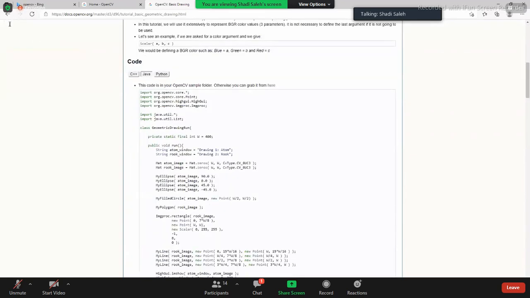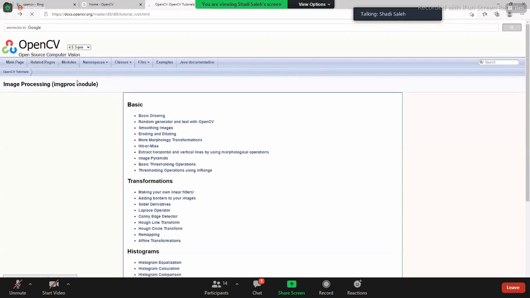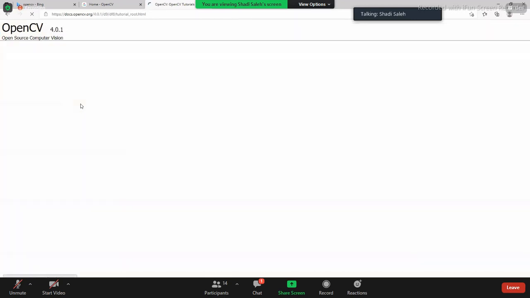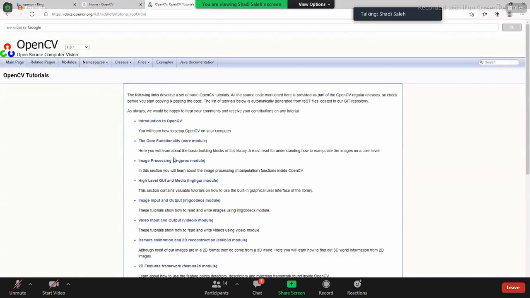That means there are huge possibilities of tutorials, and here we can select what we want with this version we are looking at. I don't prefer to go to the last version for many reasons, because some bugs still happen. Maybe a more stable version, maybe 4.5.0 or 4.0.4. For me, I was using 4.0.1, but sometimes I need higher, but mostly it's good for you. And this provides you a huge range of possibilities